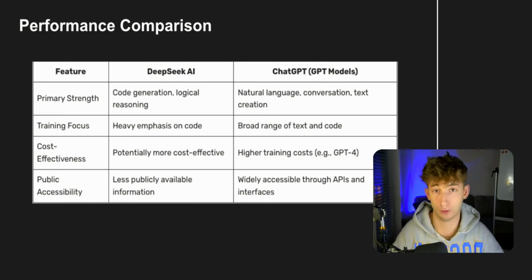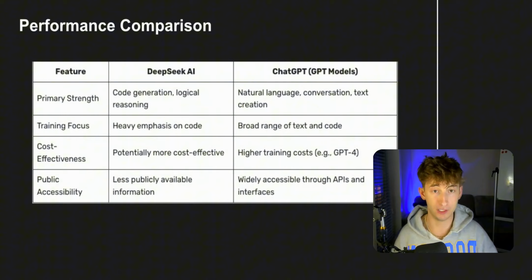So, what's truly remarkable about this model is its combination of high performance and its cost effectiveness. It's outperforming some of the most advanced closed source models while being significantly cheaper to use, which is kind of the biggest thing about it. This makes cutting edge AI technology more accessible now than ever before.